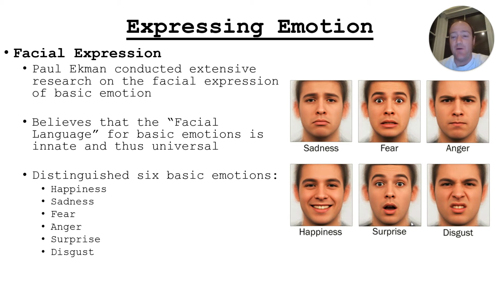And he came up with 6 what he called universal emotional expressions: happiness, sadness, fear, anger, disgust, and surprise. And basically, what he says is that it doesn't matter what culture you are in, what language you are speaking, what age you are,